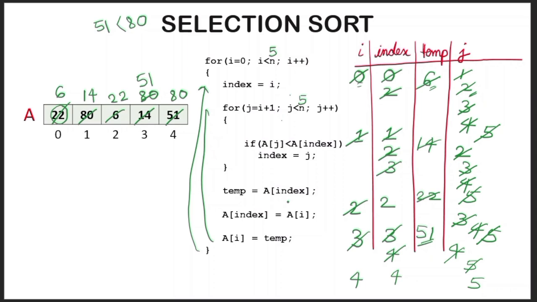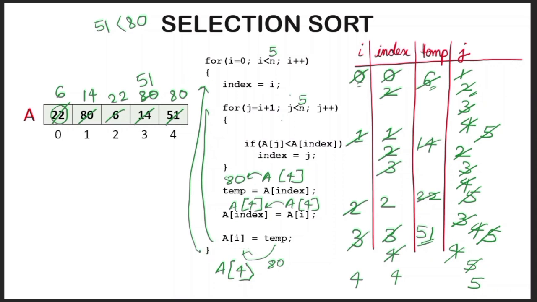temp is equal to a[index]. So a[index] is a[4]. The same thing. We are just doing the formality. a[4] is assigned to a[index], that is the same location a[4], and then 80 is assigned to your same location a[4]. So now we can see that